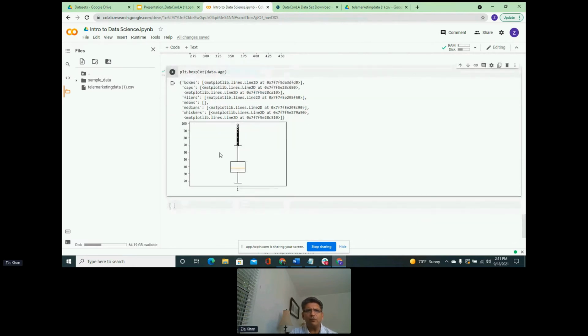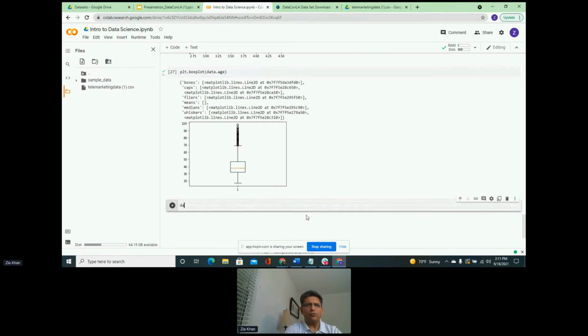So if we wanted to pull something out and get a little bit more analysis, we can go back to our data, and within the data we can say, okay, for age greater than 70, because we can see that we have outliers, and this is reflective of about 70. So what is above 70?